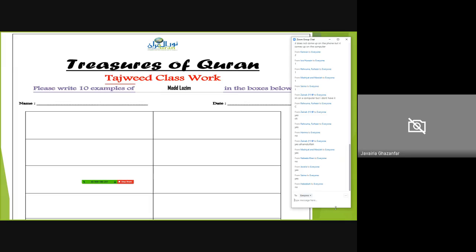So what you're going to do is if you are able to print it out, well and good. If you're not, then just use a simple paper and make 10 boxes, okay? And you are going to do this so that the more you practice, inshallah, the more we will get this knowledge solidified and settled in and we will be able to apply, okay? So how many of us can pledge that, yes, I can do even by hand, I can draw a box and I can give 10 examples of mud. And I can submit this week, inshallah, that we have time, and may Allah make every word very heavy for you on the day of judgment.